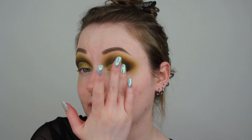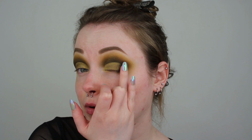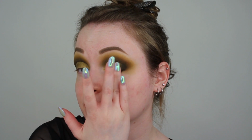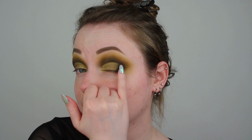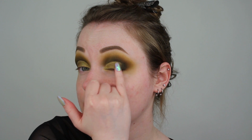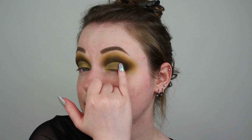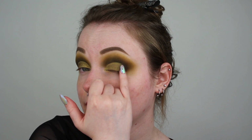And then if you're still having issues getting it to do what you want it to do, you can just take your finger and lightly pat right in between the two shades. So what I'm doing is I'm packing from one side to the other, or pressing I should say. I'll do it with my pinky so you guys can see a little bit better, but then I just go right over that harsh line. And it'll just blend itself for you. This is the worst angle of me, oh my god. As you can see, it just keeps on getting better. You do want to do this a couple of times though, and then you'll get that really, really nice gradient fade. But yeah, so here is where I'm at right now with the look,